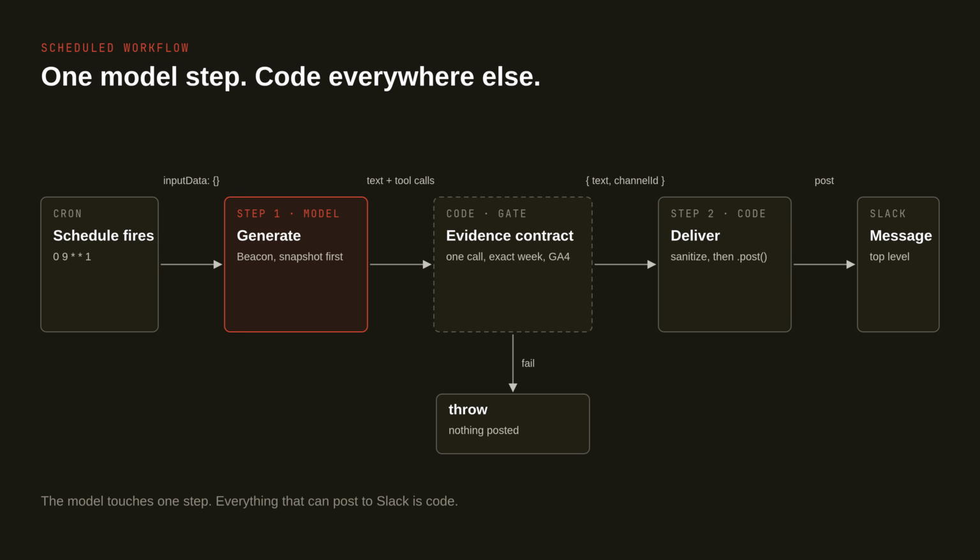In this version, we only have one model step. This is the version I went with for Beacon. The cron schedule is going to fire, and it's going to call step 1, which is the agent that generates the snapshot of the analytics and builds its report. Then step 2 is going to actually deliver that. That's going to interact with Mastra Channels to find the right channel and post that to Slack for me. In between each of those calls, we have a contract to check and verify that we got back the report that we expected and that it looks correct before we send that to Slack. So we have a gate in between to make sure that everything looks right.